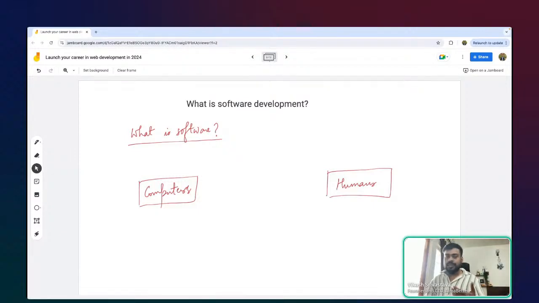But now, one of the most important things that we want to solve is, how do these two entities communicate?